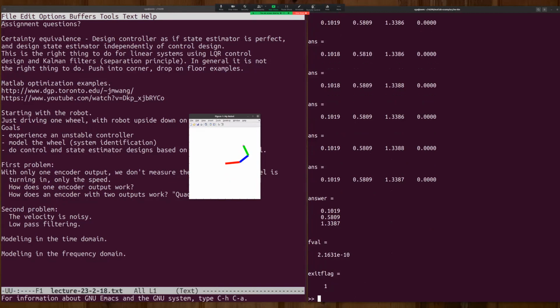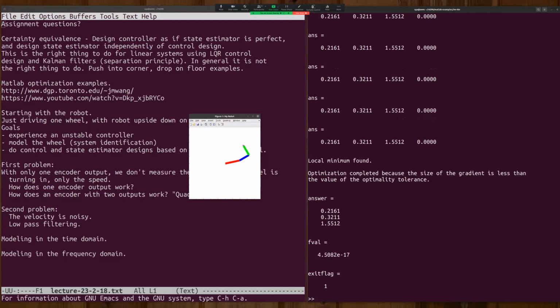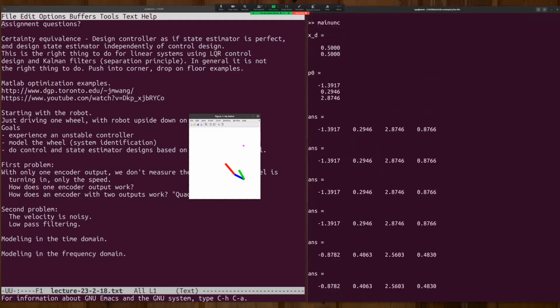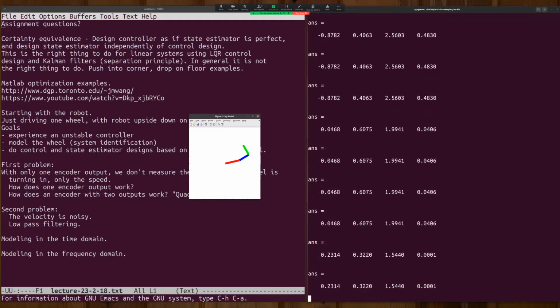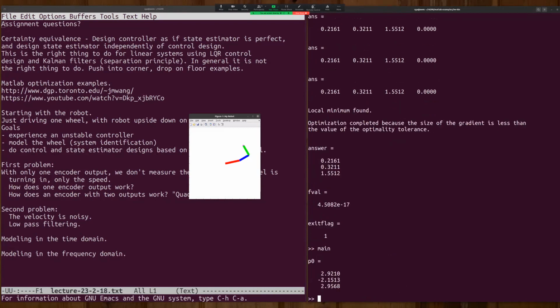Okay, let's just take a look at the approach that uses derivatives. It's actually a lot faster, so I'm going to slow it down. Let's see what this does. Big jumps in the middle, and it gets to the target relatively quickly. And we can start it somewhere else.